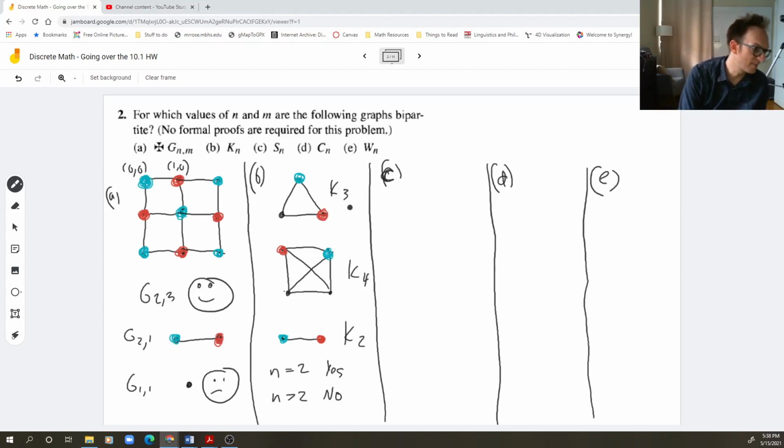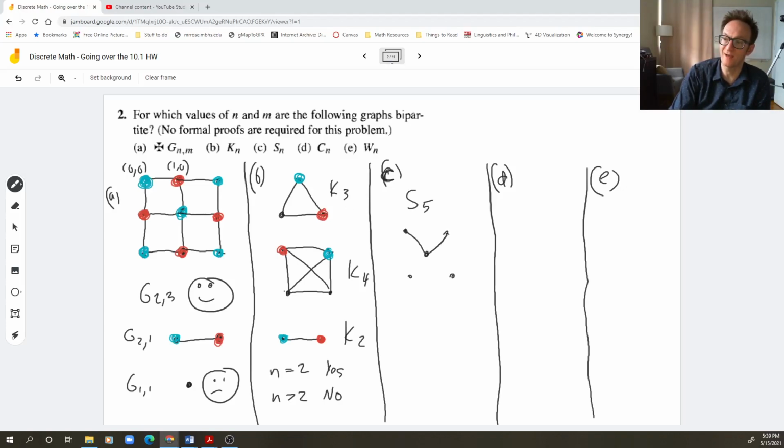What is S sub n? That is the star graph. And I believe Gossett defines this a little bit controversially. I think Wikipedia disagrees with him or something like that. But I'm definitely looking at his picture on page 597 to make sure I'm not being dumb. No, I'm not. His graph of Sn is a graph with n vertices. So for example, taking S5 is